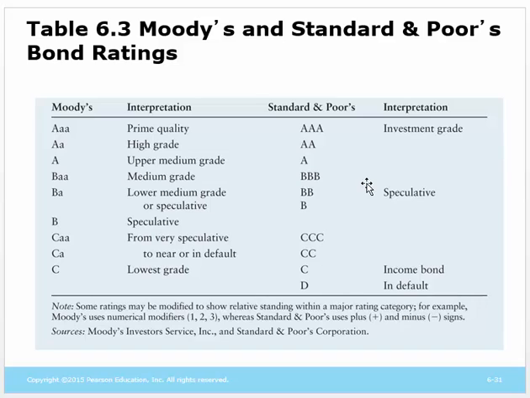There is a rating system. There is Standard & Poor's, Moody's, and a couple of other companies that analyze companies and give them grades based on their default risk. At the high end is prime quality or investment grade. In the middle we have speculative issues. And of course at the very bottom we have bonds that are actually in default. So going down this list, we go to riskier investments.